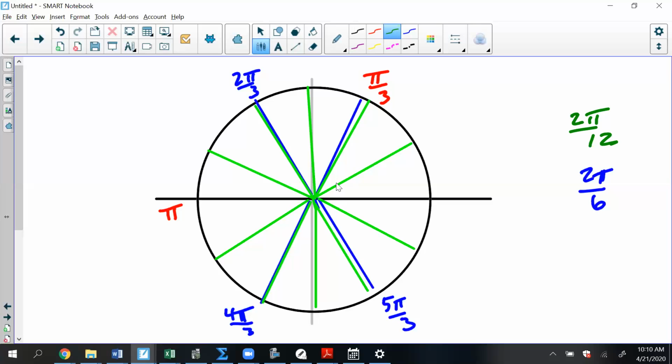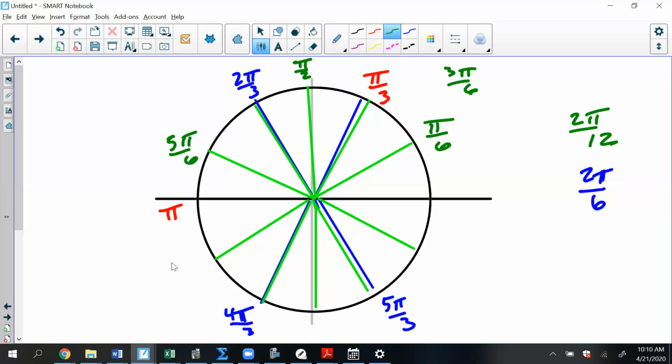Now, a lot of these are going to overlap with the pi over 3s and the pi over 2s that we had already, but that's okay. So we have a pi over 6 for that first angle here, 30 degrees. Then I have 2 pi over 6, which is pi over 3. Now this is 3 pi over 6, but 3 pi over 6 is the same as pi over 2. So then I have 4 pi over 6, which reduces, but we got a new one, 5 pi over 6,